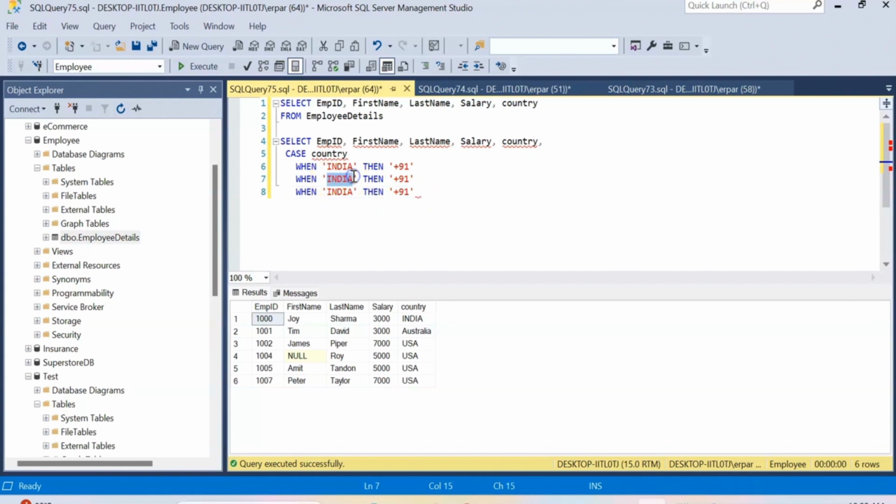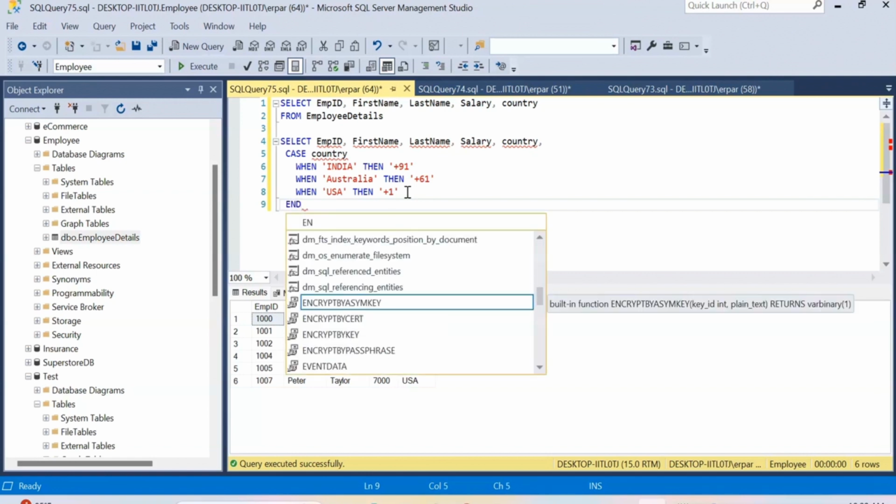When it is Australia, then return plus 61. That is the country code of Australia. When USA, then return plus 1. Now it should end with the keyword END here,